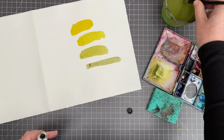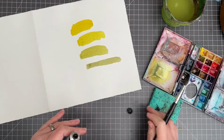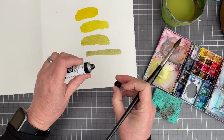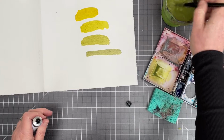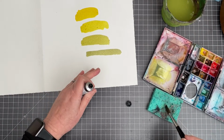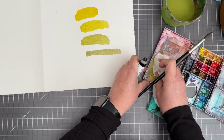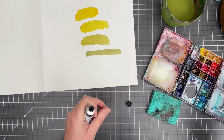And that's not an easy green to mix up depending on what yellows and blues you have in your palette. So I encourage you to try this with your yellows. If you have neutral tint and you have some yellows, try it and see what kind of green you can get. The other thing that I like to use neutral tint with is the other color would be my reds